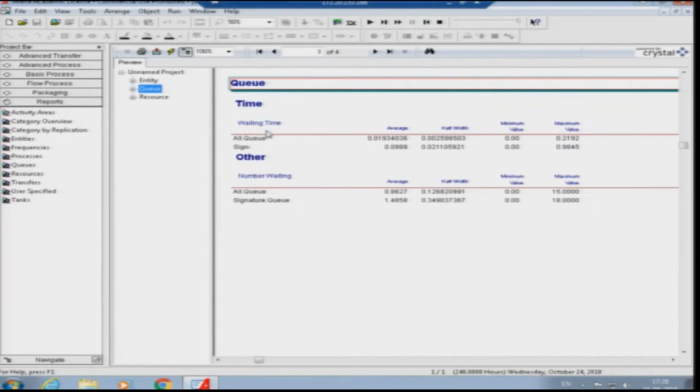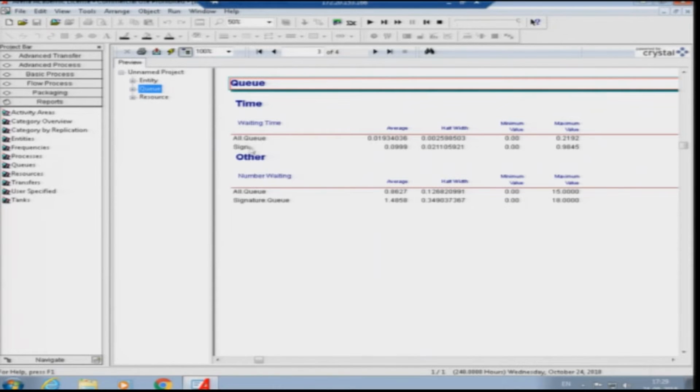When you see the waiting time, the average waiting time is 0.019 with a maximum value of 0.2 minutes. That is a pretty acceptable waiting time. Similarly, for the process sign, the average waiting time is 0.099 and the maximum waiting time is 0.98, which is also pretty much acceptable.